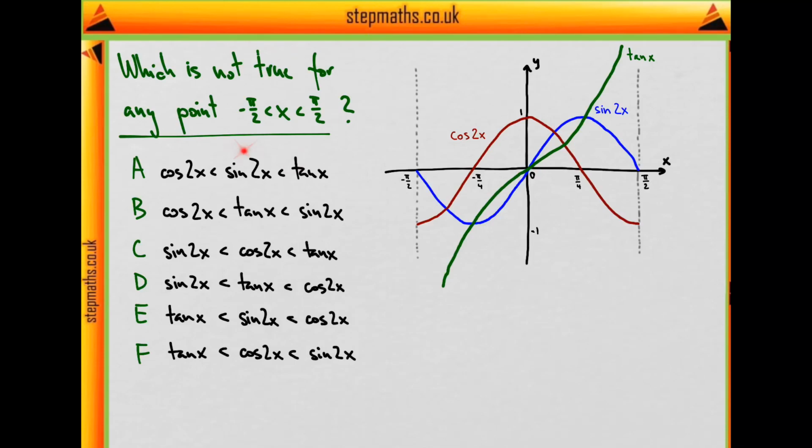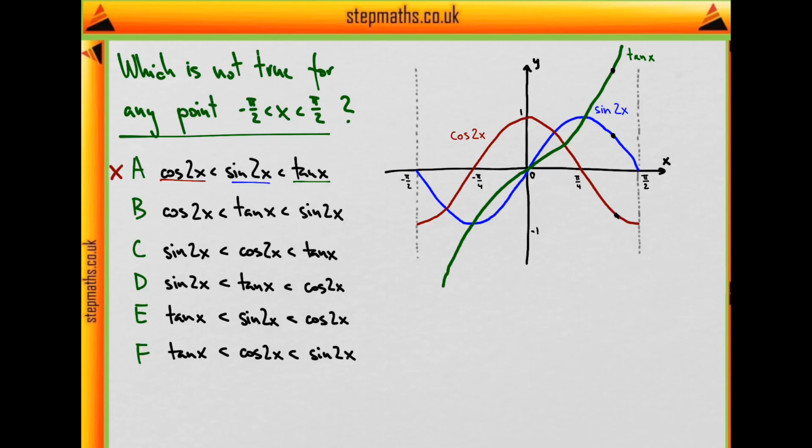Okay, so let's go through these different inequalities one by one and see if they are true or false. So the first one, here the red line should be below the blue line, and that should be below green. And that we see happens here on the extreme right, say on this point, it's green, blue, and red in decreasing order. So there is a point, in fact, infinitely many points on this interval which satisfy that inequality,